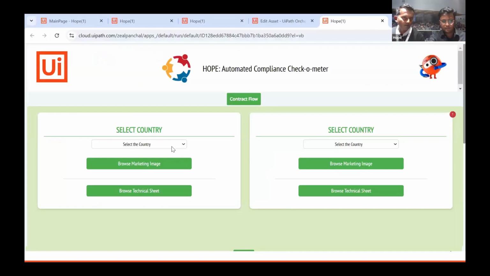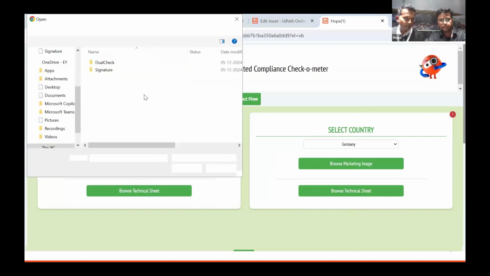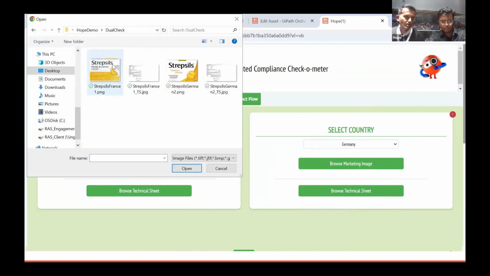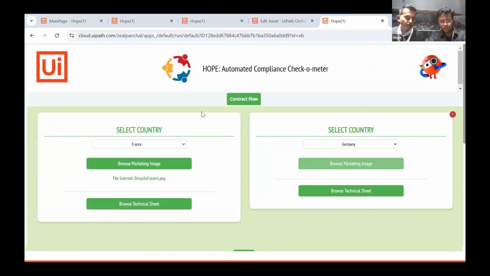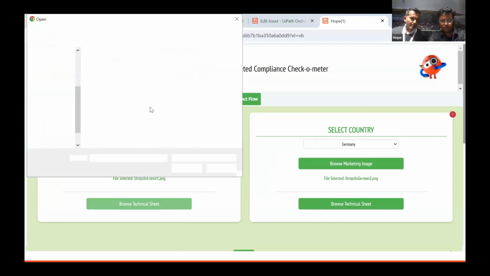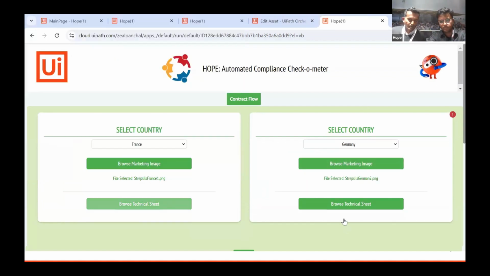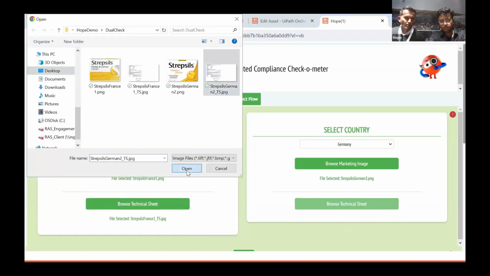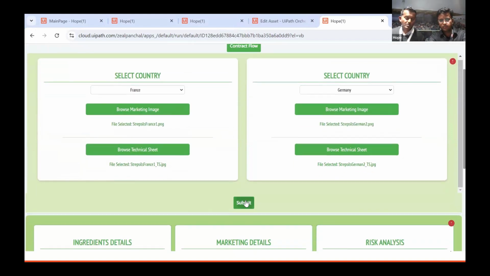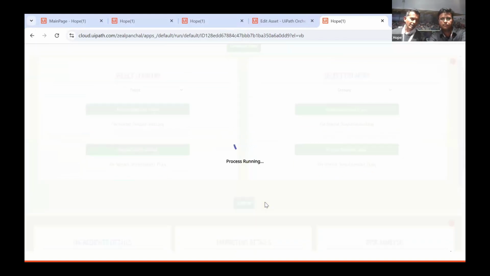Now, moving on to the demo, I've got a beautiful flow here, which allows you to select a country. You can select France, Germany. You can browse the marketing page and go ahead and push the France one over here. Similarly for Germany, I go ahead and push in the Germany one. I'm now going into the technical sheet and loading the master one, as well as for Germany, the one that has been approved. And whilst this comparison happens, since it's running on cloud, I'll quickly go on to the